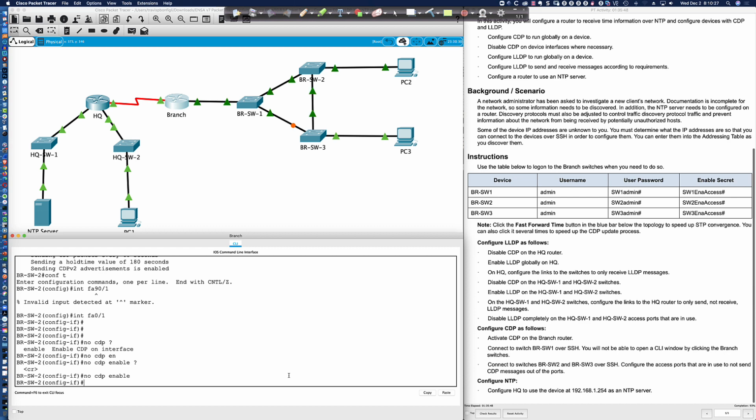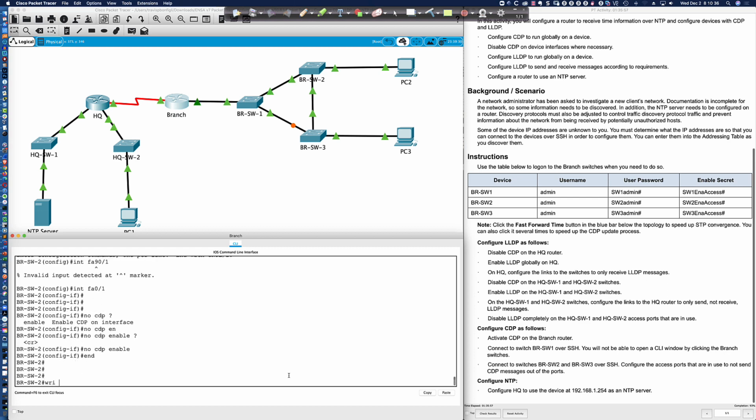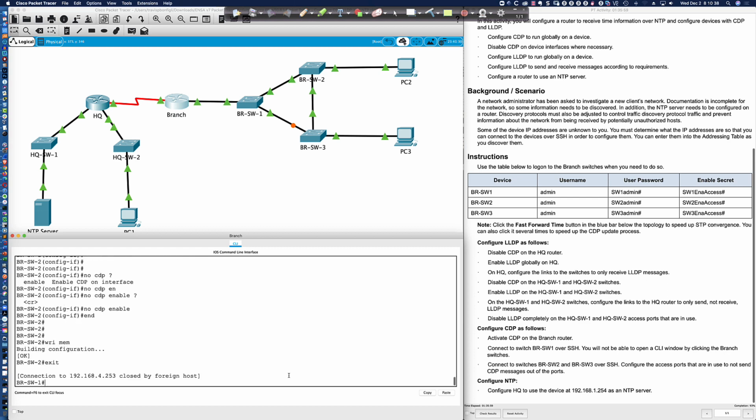Okay, so we took care of that. Now let's go ahead, and it wants me to do the same thing on branch switch 3. So let's do this. We'll go ahead and save our configuration as if we were a good network engineer. We come back out to branch switch 1 and take a look here